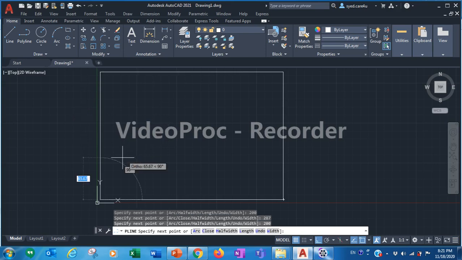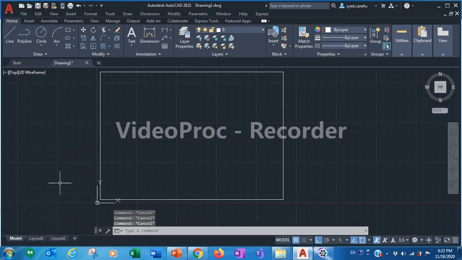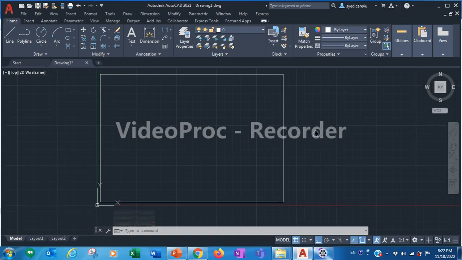You are still in the polyline command. To come out of the command, you have to press escape many times till you see all the commands are cancelled. So escape, escape, escape.